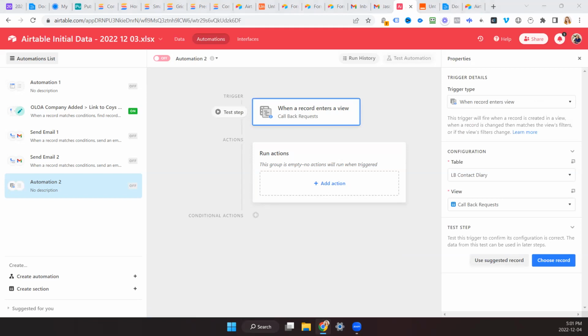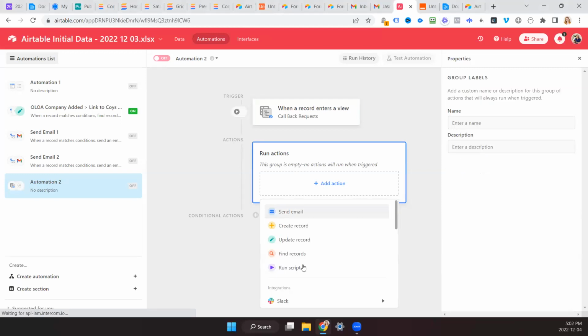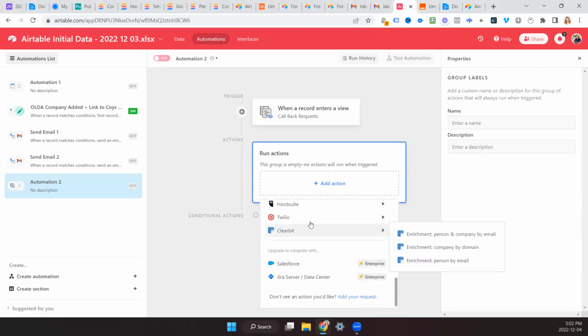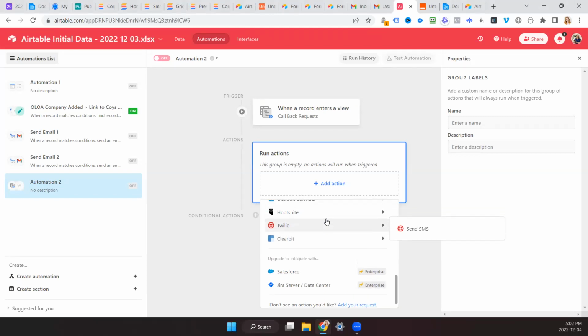So this wouldn't connect to Calendly or something like that. It would just be an email. No. Like I couldn't set it up as a text message. It'd have to be an email to myself. You can text yourself with Twilio. That's one of the automations in here. So we could definitely send you text messages if you wanted.